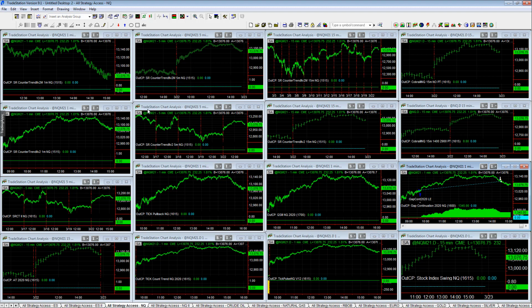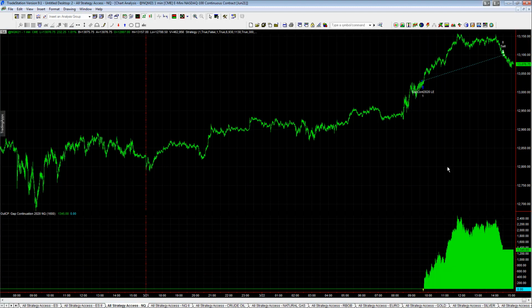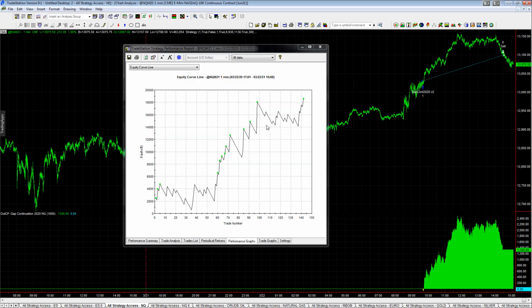All Strategy Access NQ. Gap continuation 2020 plus 1345 on the day. Nice for our 50K portfolio. It's one of the main strategies in the 50K portfolio. This one uses a $300 stop loss, and so this is the one NASDAQ strategy that's doing well even with a $300 stop loss. If you look at the performance summary, this is a strategy